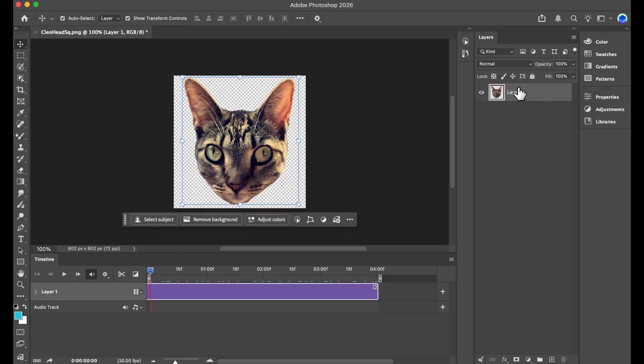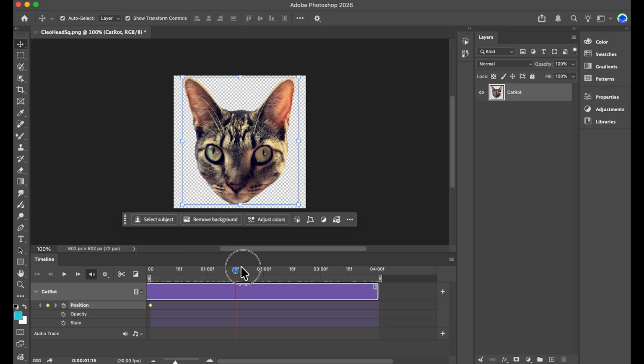All right, so I'm going to rename this layer. You just double click on the text itself, cat rotate. Okay, so now if I click on this little arrow, that means that there's more underneath it. It's a little twirl. You see we could change the position. We could keyframe the position here. I'm going to just click there just so you can see, right?